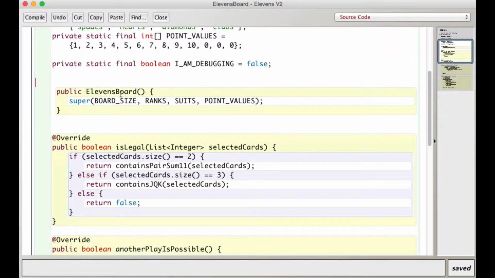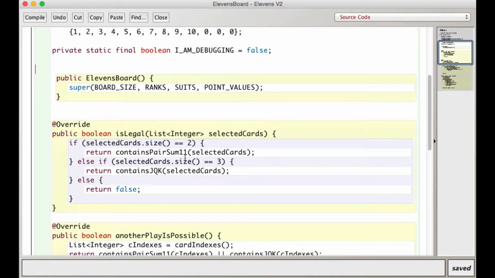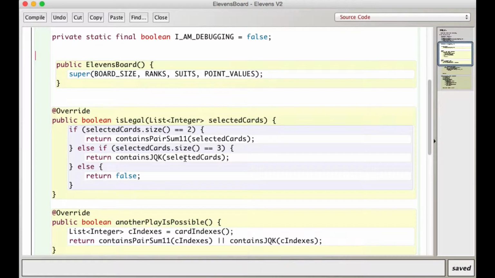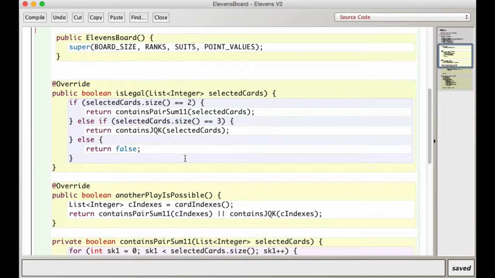Now, the constructor of 11's board calls the superconstructor. And it passes in board size, ranks, so it's points values. So the board size is 9, and then these populated arrays with these values. Board then creates the deck and all that stuff. Okay, so then